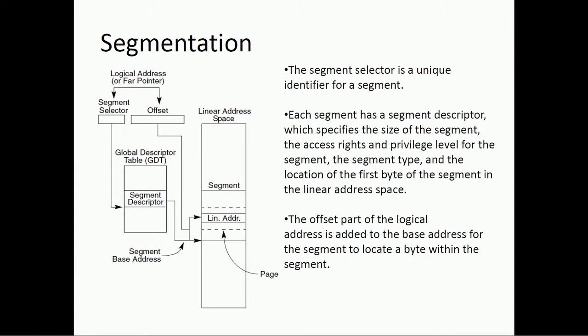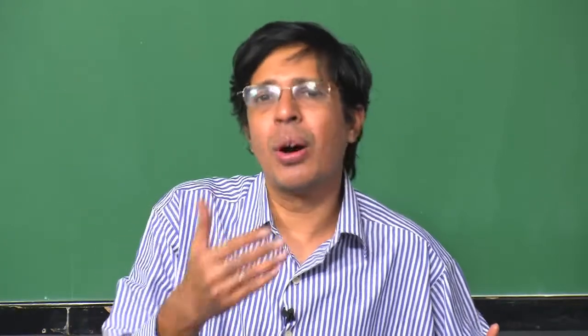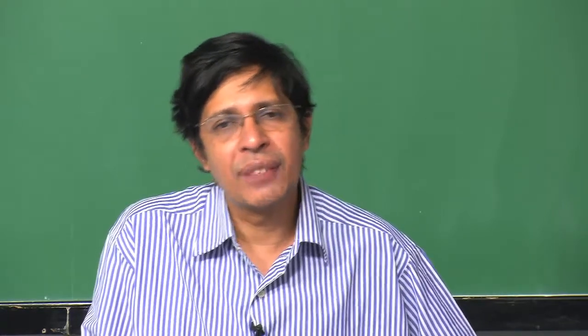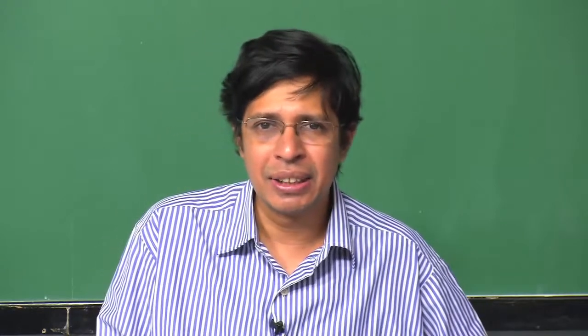Now this clearly explains what segmentation is. When I add a logical address generated by the compiler to the address given by the base of the segment, I basically generate an address in the linear address space. Linear address space means that it is not necessarily 0 follows 1, 1 follows 2, etc. So I now get an effective address. Effective address or linear address is nothing but your logical address generated by the compiler plus the segment base.